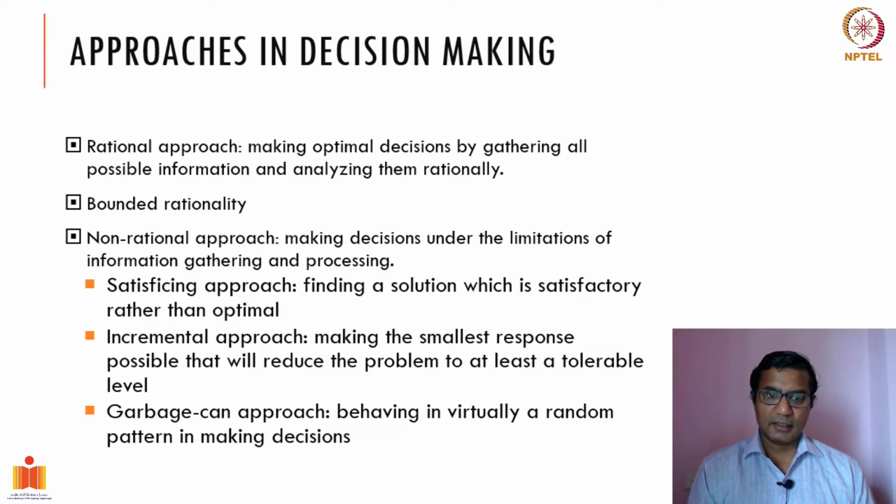So that is why it is considered that our rationality is bounded. This idea was proposed by the behavioral economist Herbert Simon. Professor Simon came up with the idea that any decision, even if it is a rational decision, is bounded by certain limitations: limitations in terms of capacity to analyze the problem, limitations in collecting information, limitations in understanding the problem. So any decision cannot be 100% rational. It is always bounded by some restrictions.